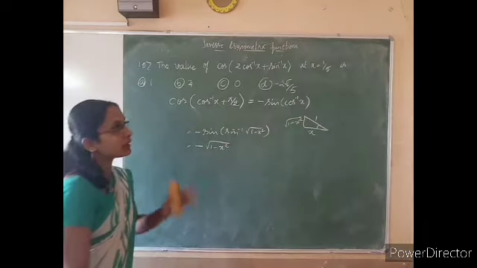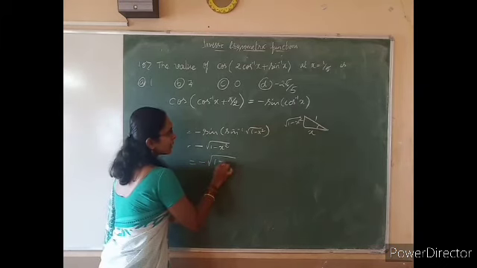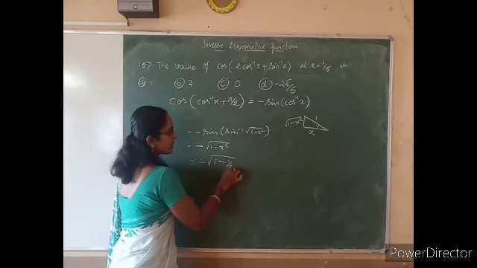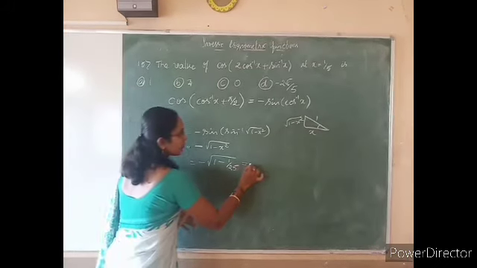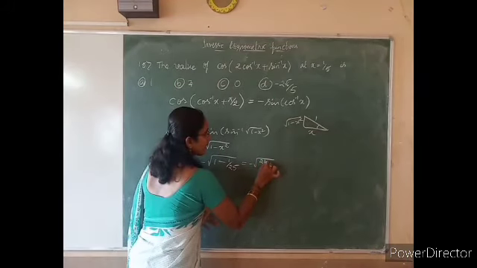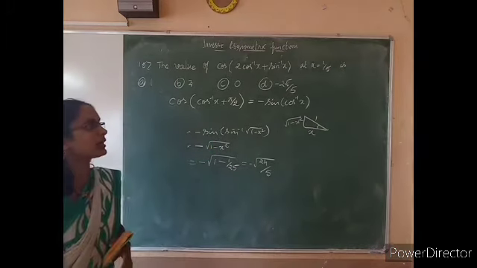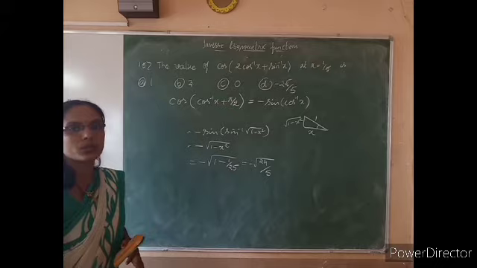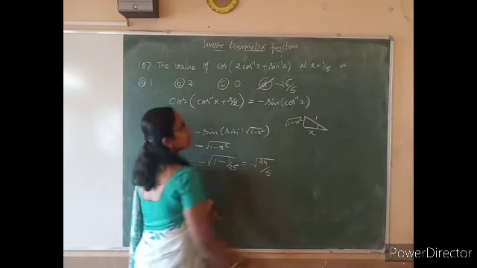We want the value at the point x equal to 1 by 5. Substitute here: root of 1 minus (1 by 5) whole square, that is 1 minus 1 divided by 25, so 24 divided by 25. So minus square root of 24 divided by 25, the square root of 25 is 5. Root 24 can be written as root of 4 into 6, or 2 root 6. So therefore the answer is option